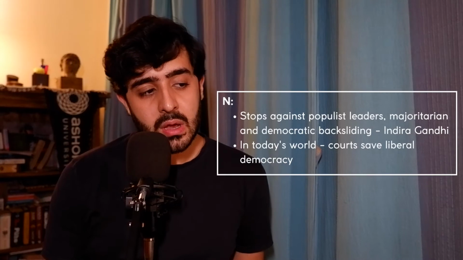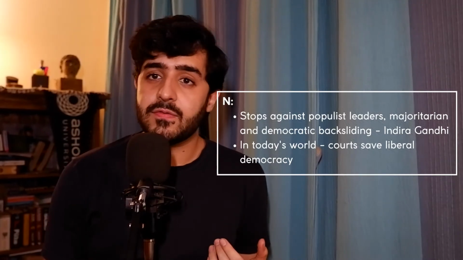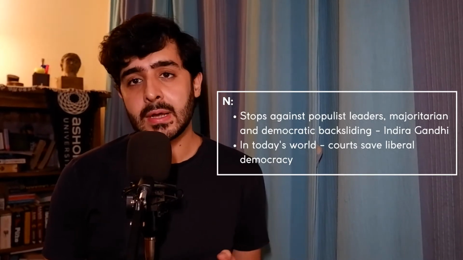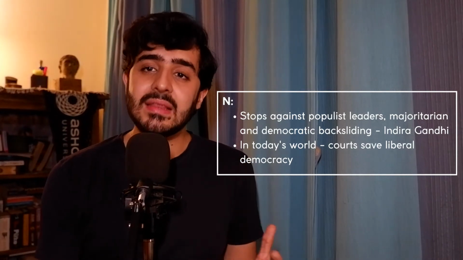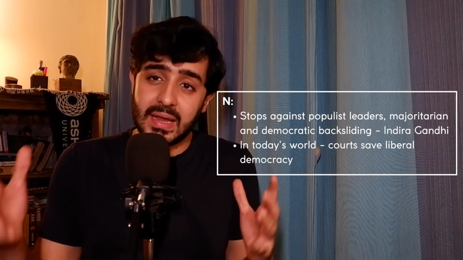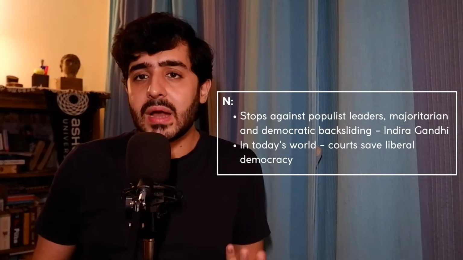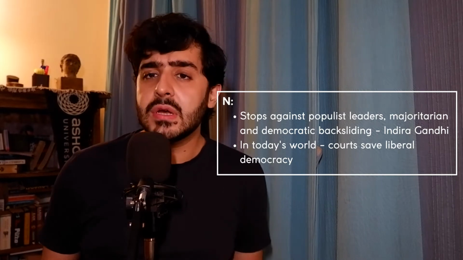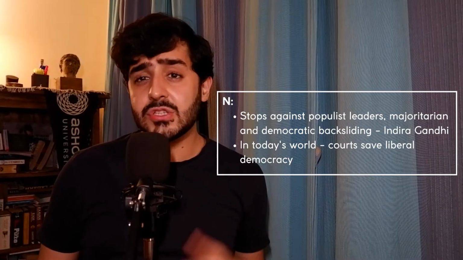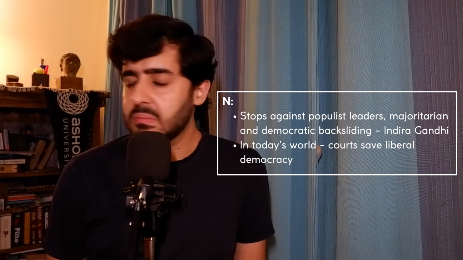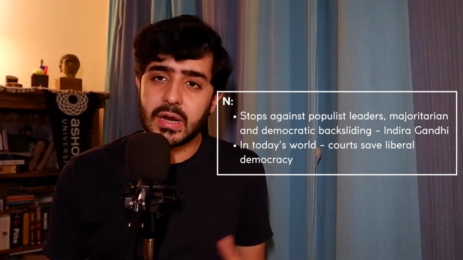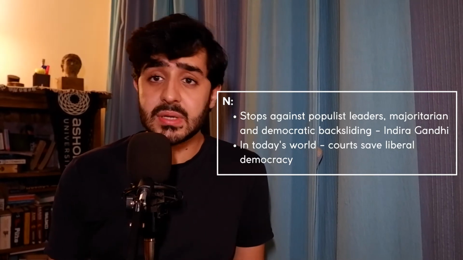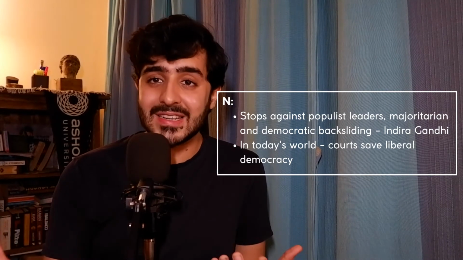So what is the nuance point here? What is point M? Now, courts have previously stopped populist leaders and autocrats from creating these regimes and reinforcing their claims over their regimes through matters of judicial independence. So through judicial independence, they have constrained these individuals from doing so. Blatant human rights violations. Autocrats and technocrats have usually been stopped by judges themselves, and that can only be done if they're non-partisan and independent.